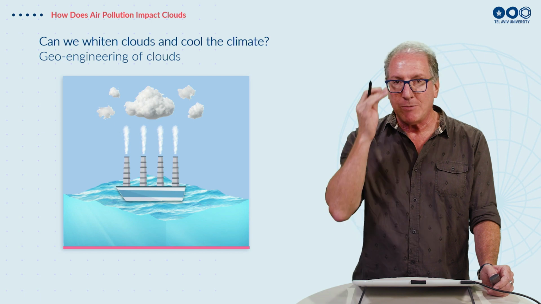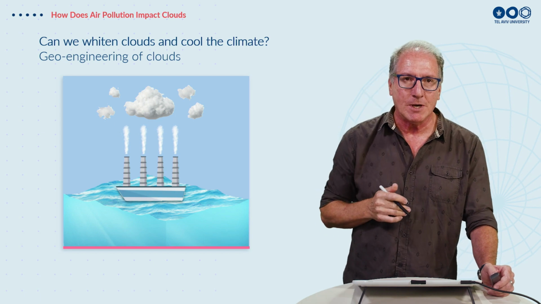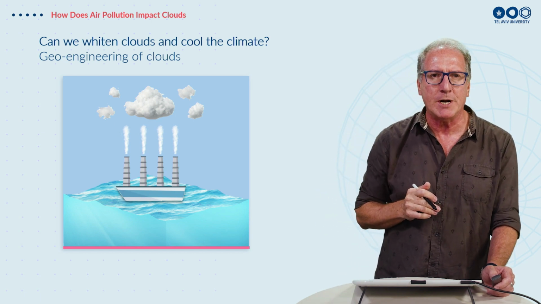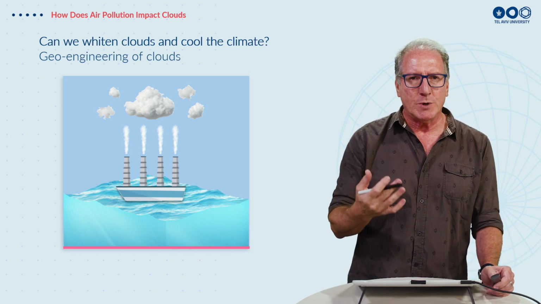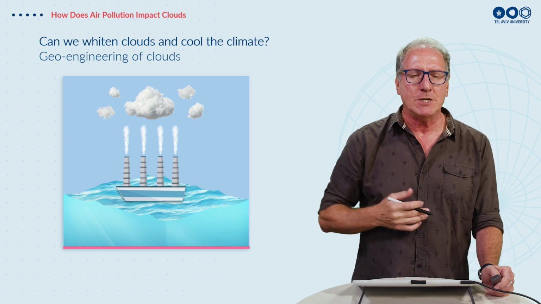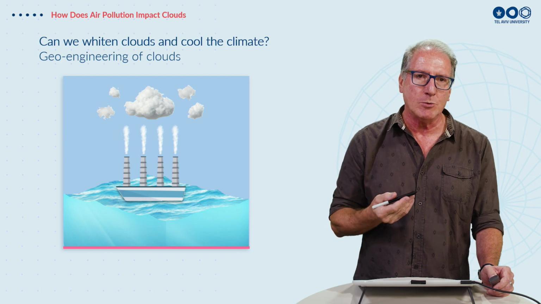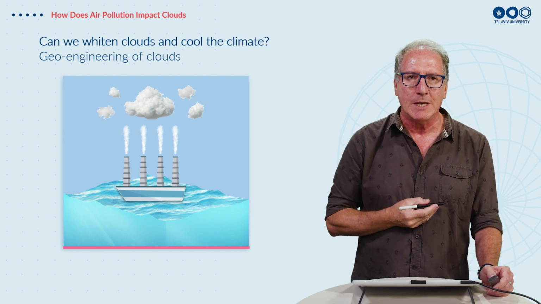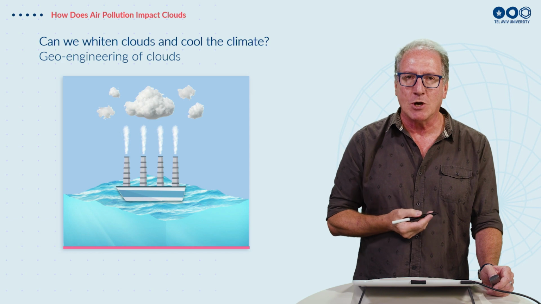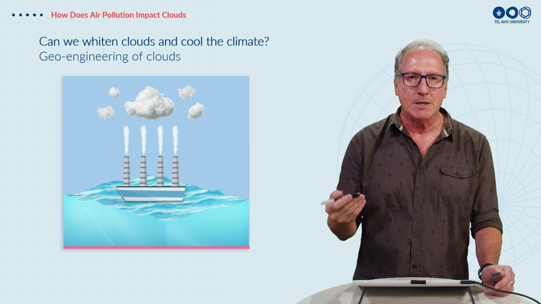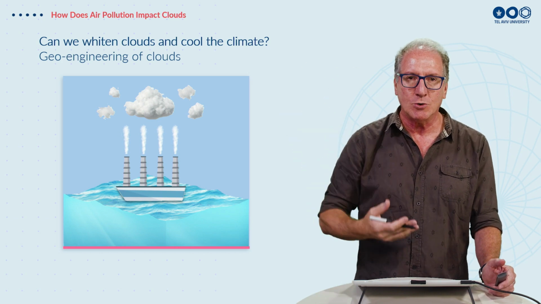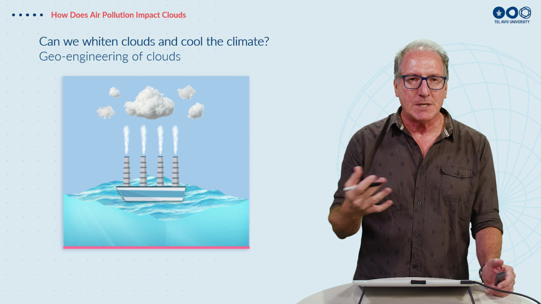Now, some people think maybe we can use this to our benefit in what people call geoengineering, and we'll talk about this maybe later in the course. Geoengineering is artificially trying to engineer the climate to prevent global warming, to offset global warming. Maybe artificially we can use this knowledge to whiten clouds, to make the clouds on the planet brighter, to increase the albedo of the planet, to reflect more sunlight, and to cool us down, and to offset the changes in